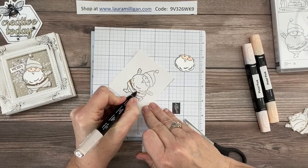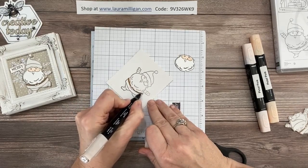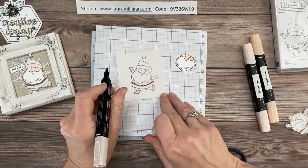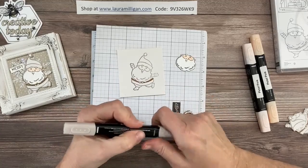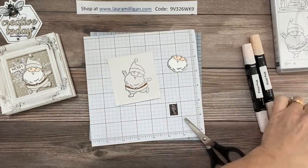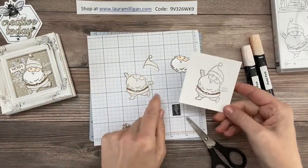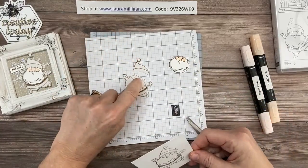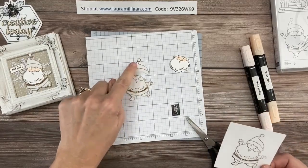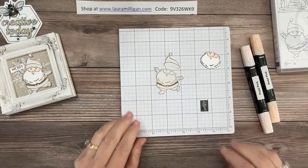I wanted to keep him pretty neutral and soft, so I chose to use Crumb Cake rather than like black for his belt. I just wanted to make it a little bit different. So that's all I'm going to do with my Santa as far as coloring. So then what I needed to do was to cut that out. And so I did that with my paper snips, and you can see where I followed the line where the top of his head and his eyebrows are. So that's one piece, and then his hat is another piece. So then to put this together,